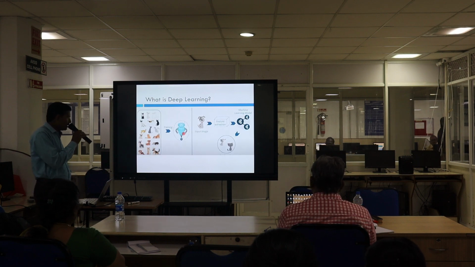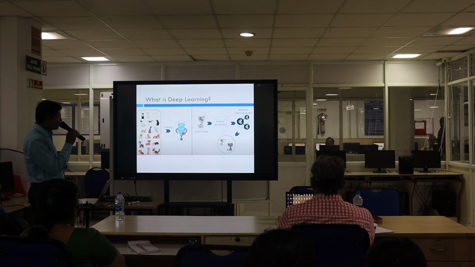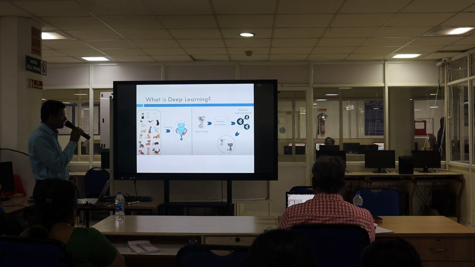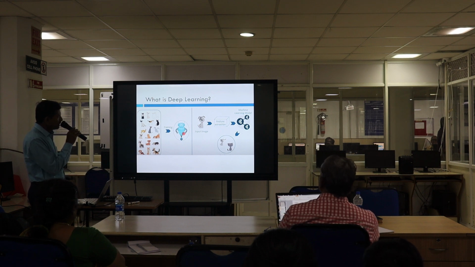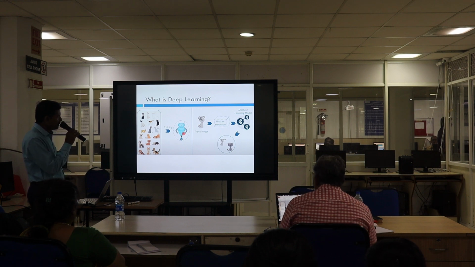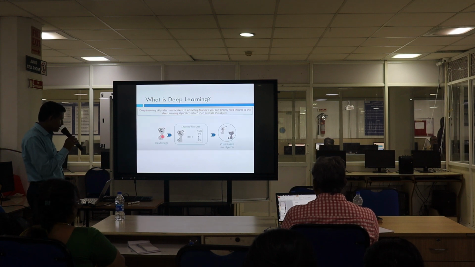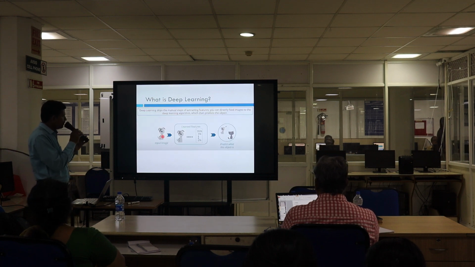So we give training data to the machine learning model, and from there feature extraction is carried out. Then it is applied to the mathematical model, and the machine learning model predicts whether it is a cat or dog. So this is the flow.